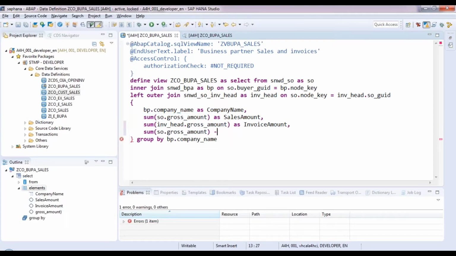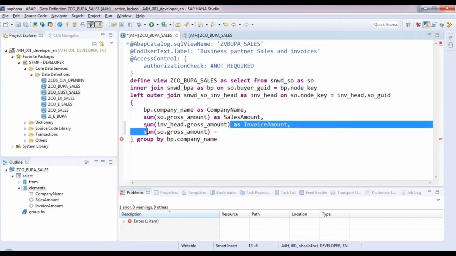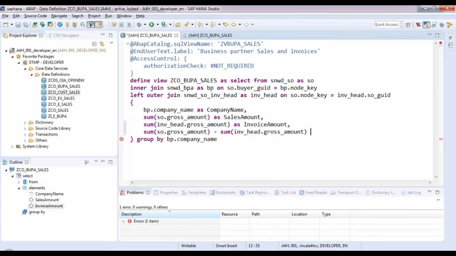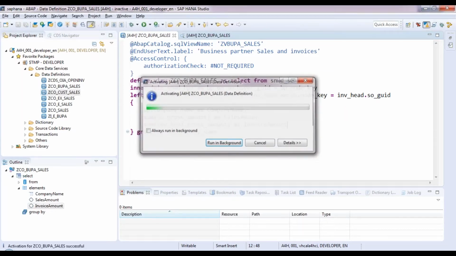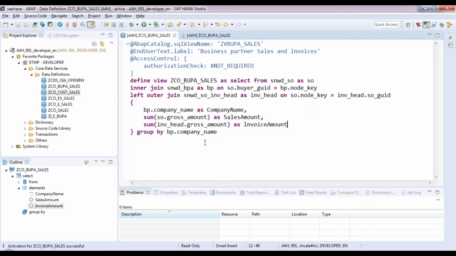So this minus this as difference. Let me see. No, I cannot. Maybe I have to create a consumption view on top of it to calculate this difference, guys. I cannot do it here. I have to create a consumption view on top of it where I'm getting these aggregated amounts from this view, and on top of this another view which does this.